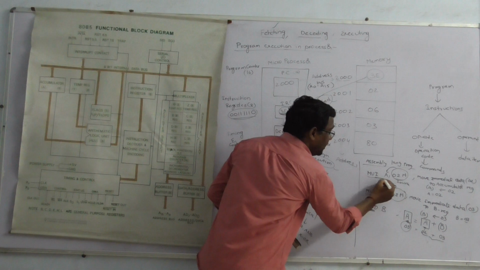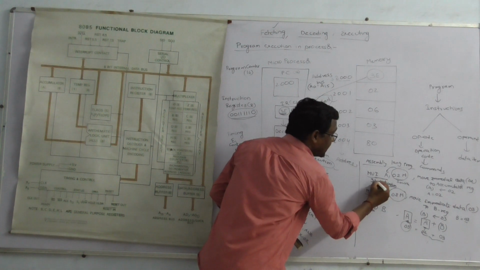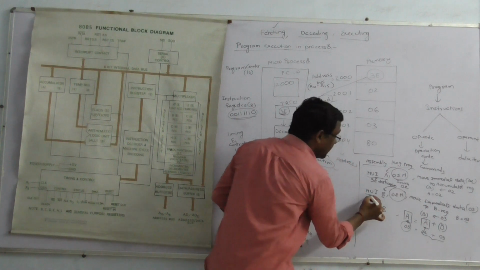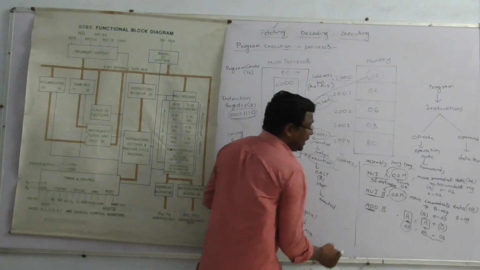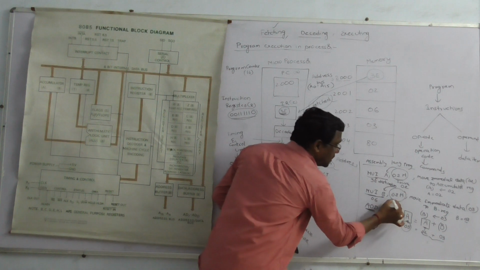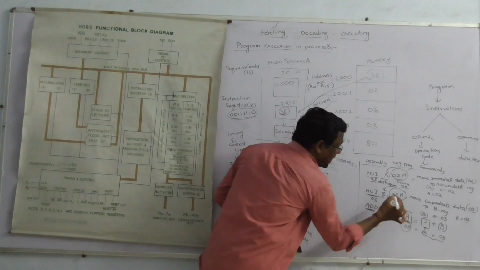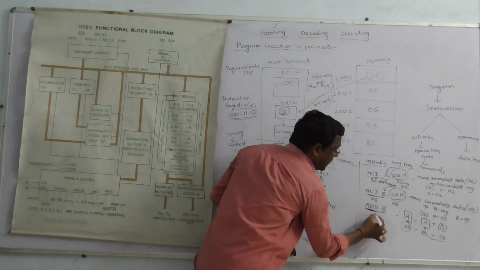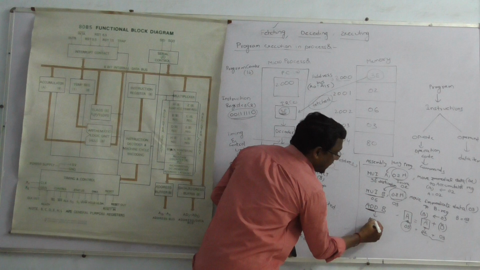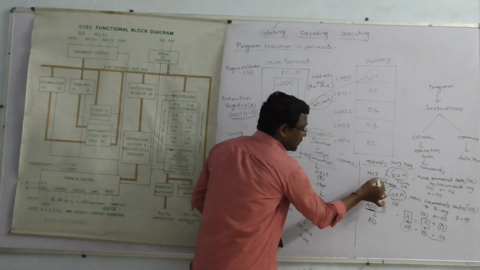Here MVI A means it has the opcode 3E, followed by the data 02. Next, MVI B is represented with the opcode 06 and the data 03. The ADD B instruction is represented by the operation code 80. First of all, we can take the